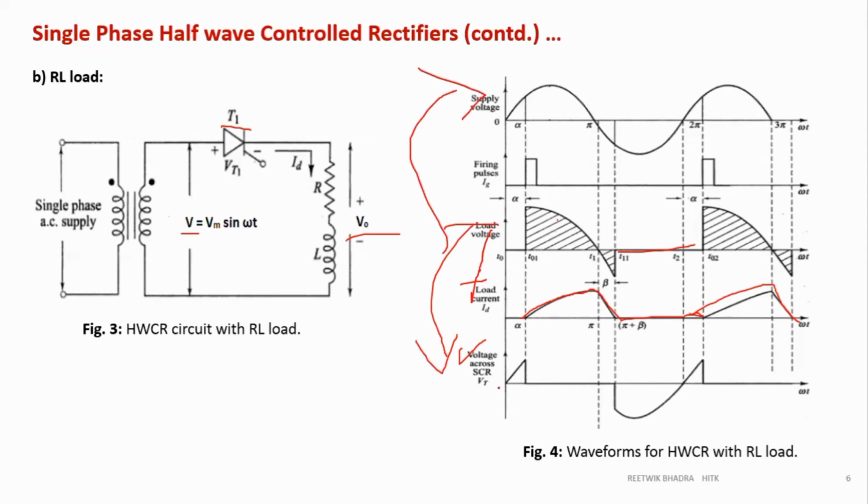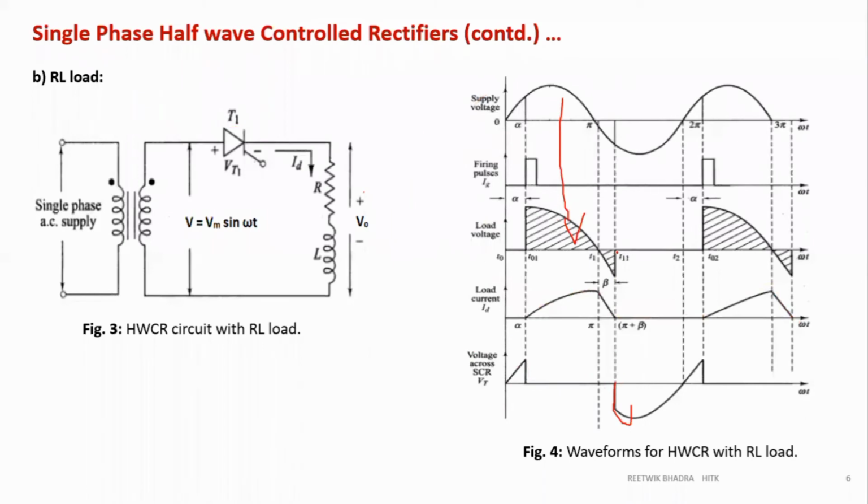So what is the missing part? This small part over here. Then 0 up to this, because up to this we are getting V naught is equal to Vs. This waveform is only followed. Then again up to this my VT is 0, because we are getting a load voltage. Then from this point to this point, load voltage is 0. So what we will get? This part of the Vs. So that's why it is drawn like this.